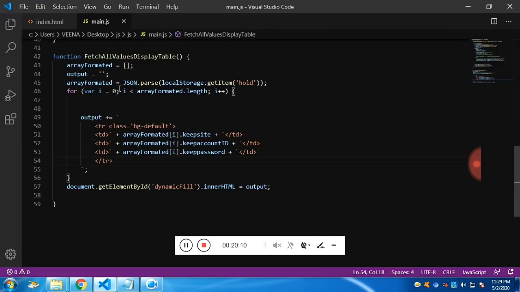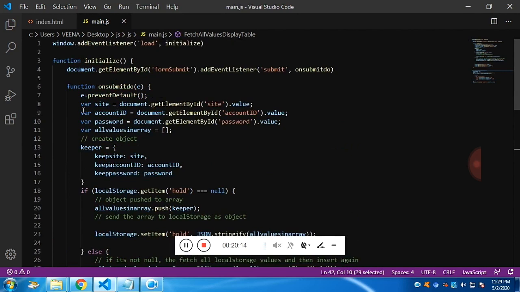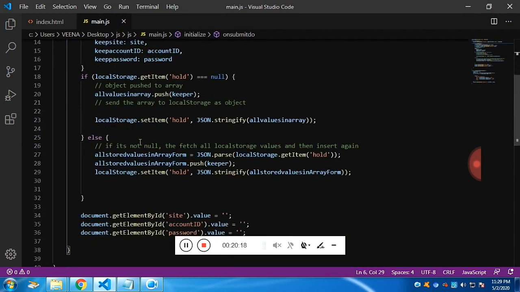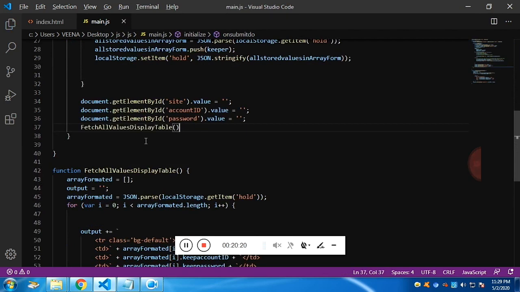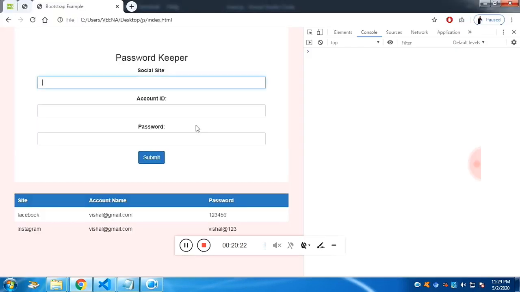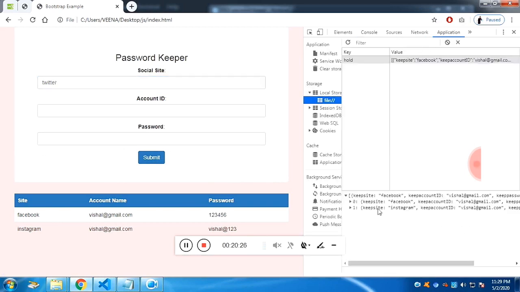Now if you want to test, you can add some more values. Let's type and see. This function also gets called once we click on submit. Once I click on submit, this will also dynamically append all the HTML. You can see there are only two values. Now I'm going to give the Twitter credentials.